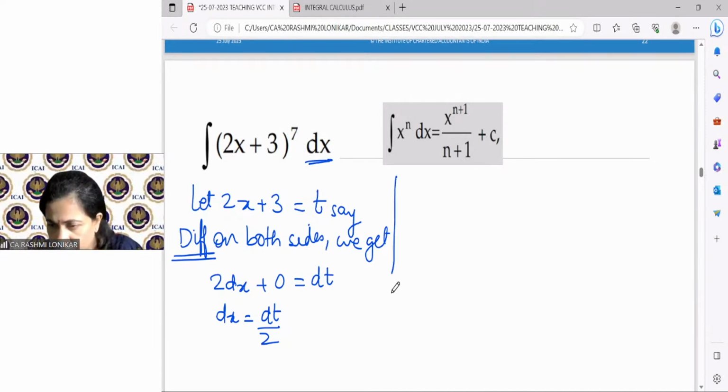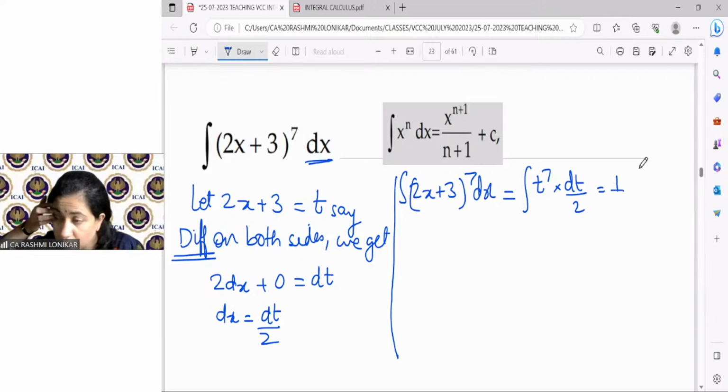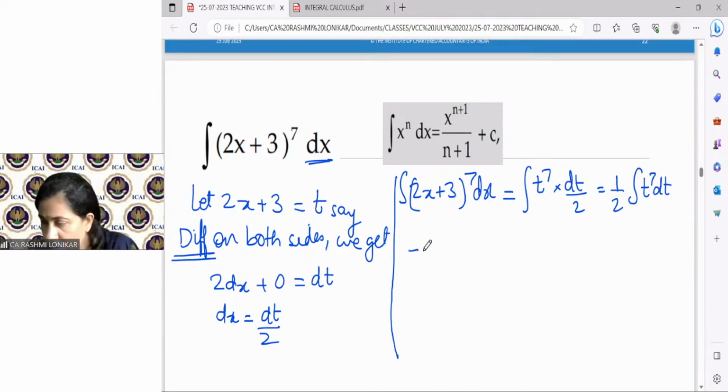Now integral of 2x plus 3 raised to 7 dx will be equal to, in terms of t, t raised to 7, into dt upon 2, which is equal to 1 half integral t raised to 7 dt,